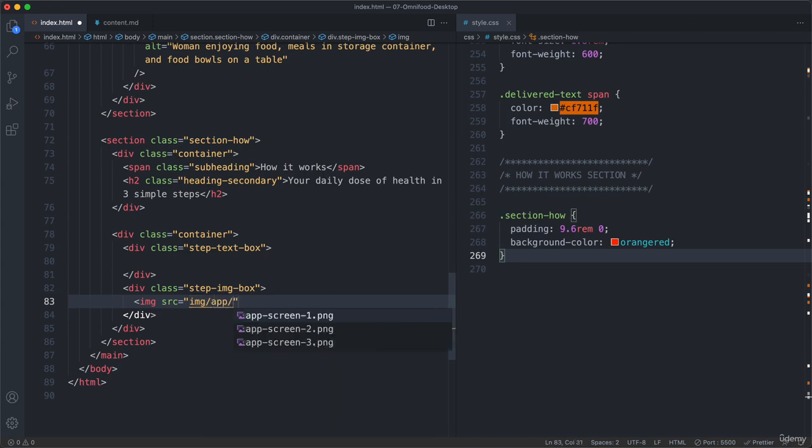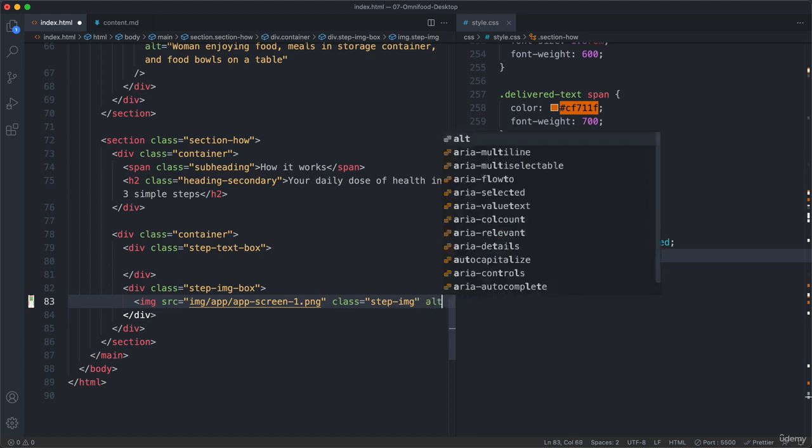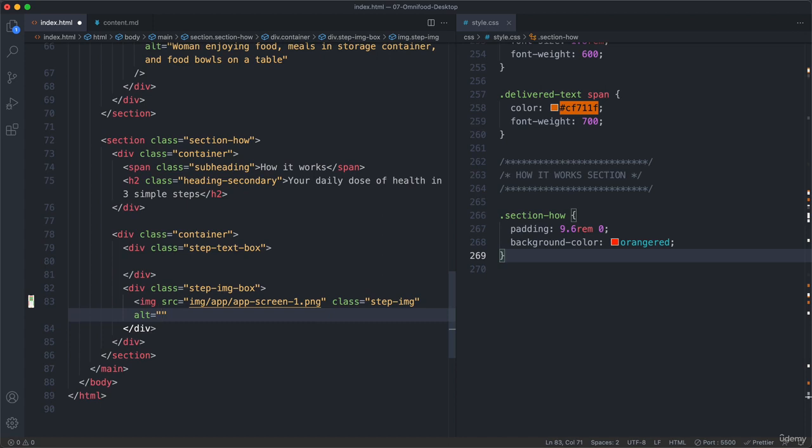And so it is inside the app folder. And then, of course, we're starting with the app screen number 1. Then let's give it a class of step image, which is why the parent element is called the step image box. And so then, of course, we need the alt text. Never forget that. And here, this is actually on an iPhone, so I'm calling it iPhone app